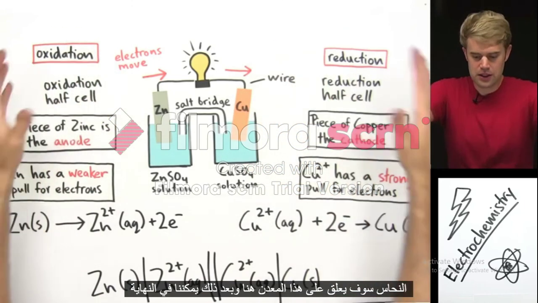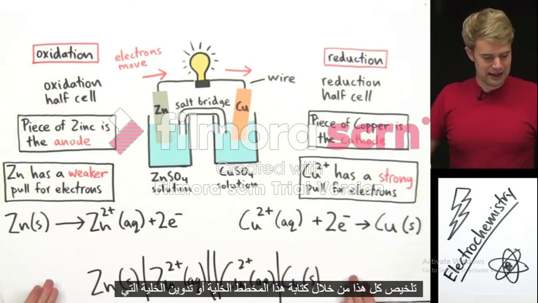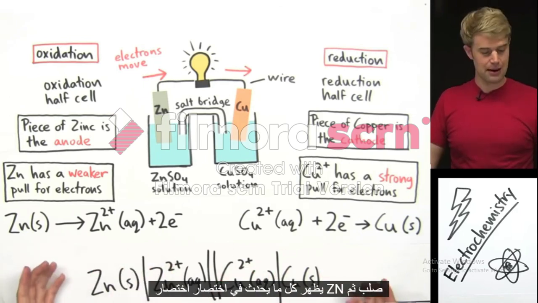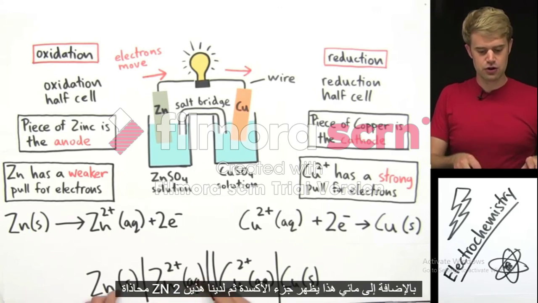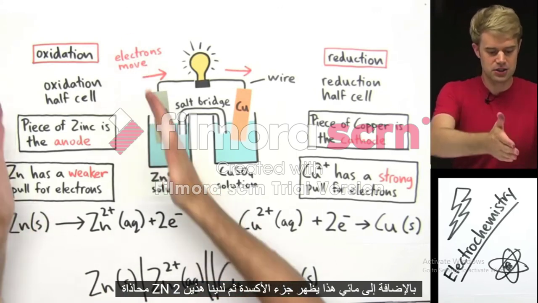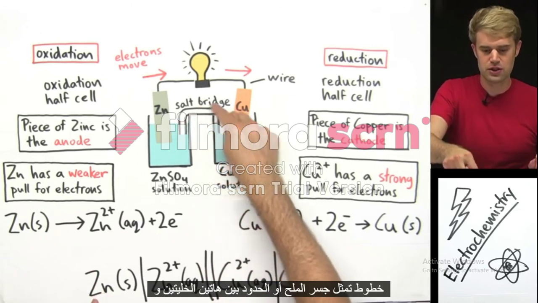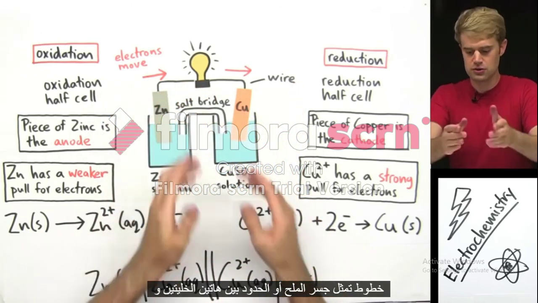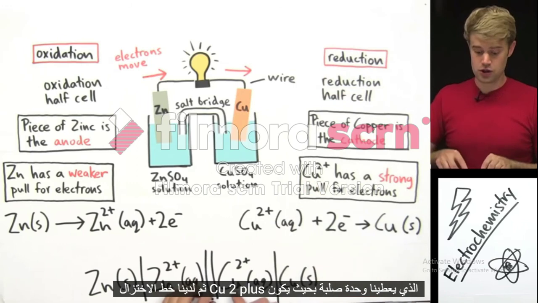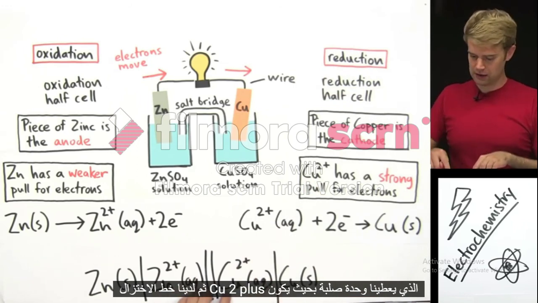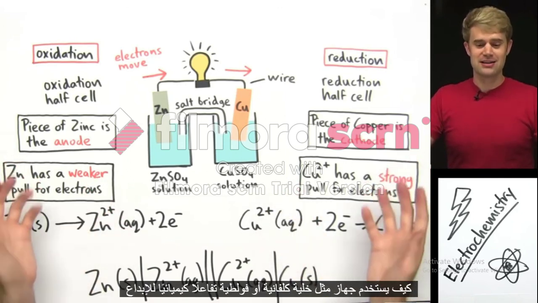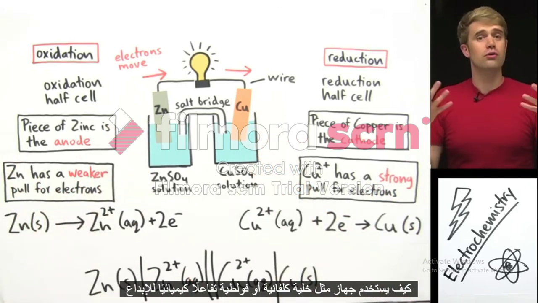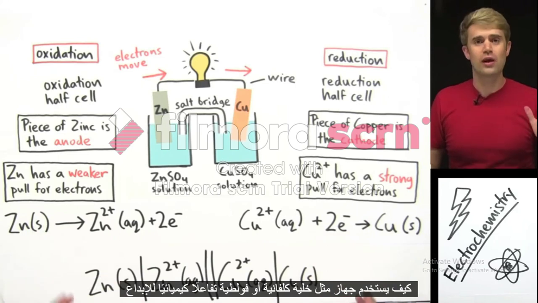And then finally we can sum all of this up by writing this cell diagram or cell notation, which shows everything that's happening in a shorthand abbreviated form. Zn solid, then a line, Zn2+ aqueous. This shows the oxidation part. Then we have these 2 lines representing the salt bridge or the boundary between these 2 cells. And then we have the reduction part, Cu2+ line giving us Cu solid. So that is how a device like a galvanic or a voltaic cell uses a chemical reaction to create